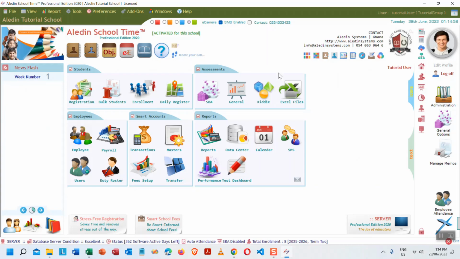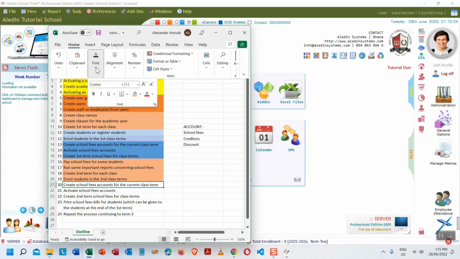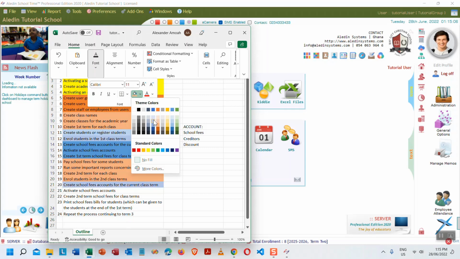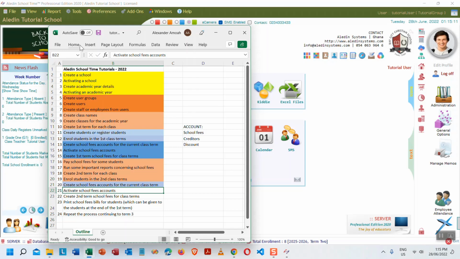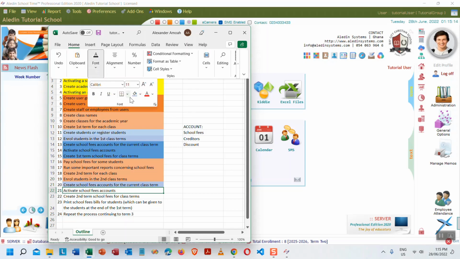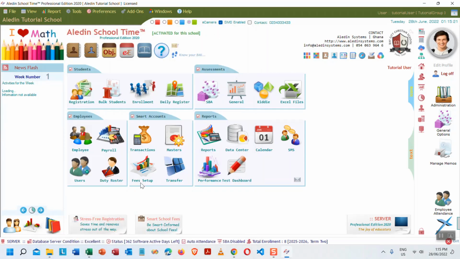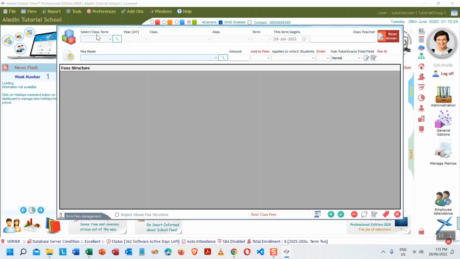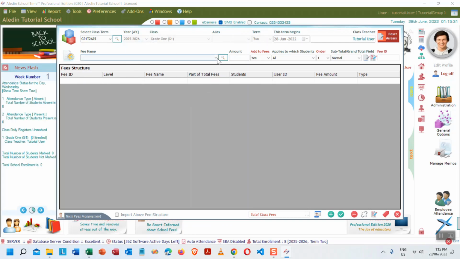All right, after this, create school fees account. So we have created the school fees account, and now we have also activated the school fees in the quick settings. Then create second term school fees for the class. Yes, of course. Let's go to fee setup. We select term 2 and then we put in